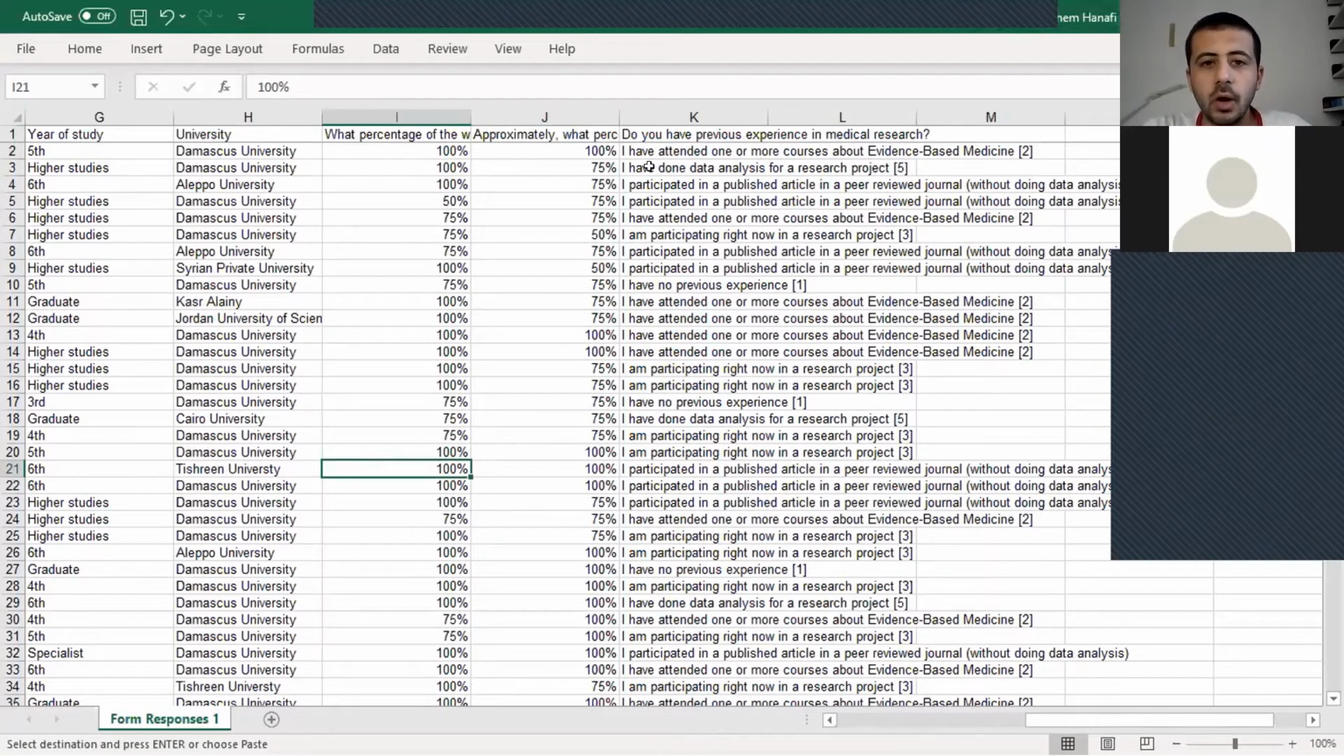So I want to know, this is the percentage of the topic you are interested in. So this is positive. Those who have higher percentages here need the course more, and those who have a higher score here can attend the course more. Those who have a higher score here, those who have 5, like I have done data analysis for the research project, they need the course